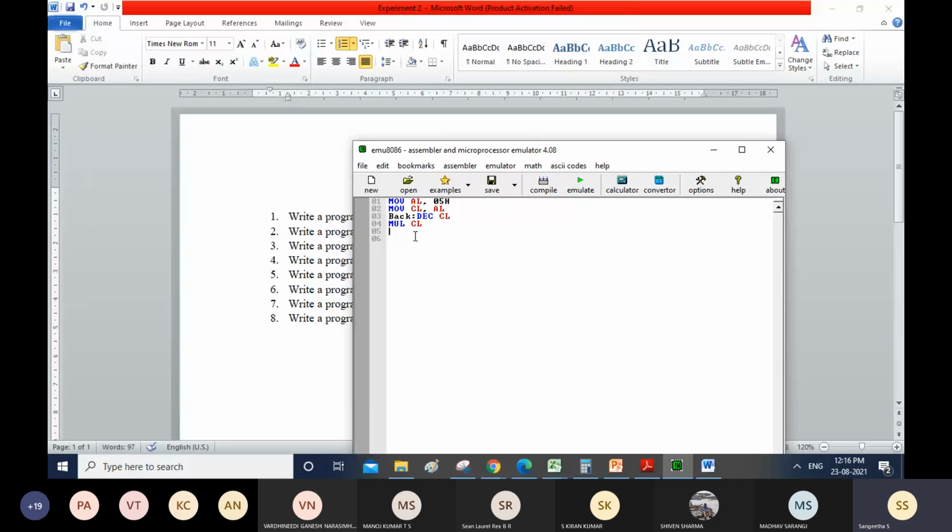Here you have to give the instruction jump if not zero. Up to that, if you are getting 0, then it will come out of the loop. Here you have to label this keyword, whatever I am giving here. So this loop will be continuously executed, and once it gets 0, it will come outside. Here you can store the end result somewhere. The end result will be by default in AL, so you can save that in some other register, BX, and then I can halt the program.